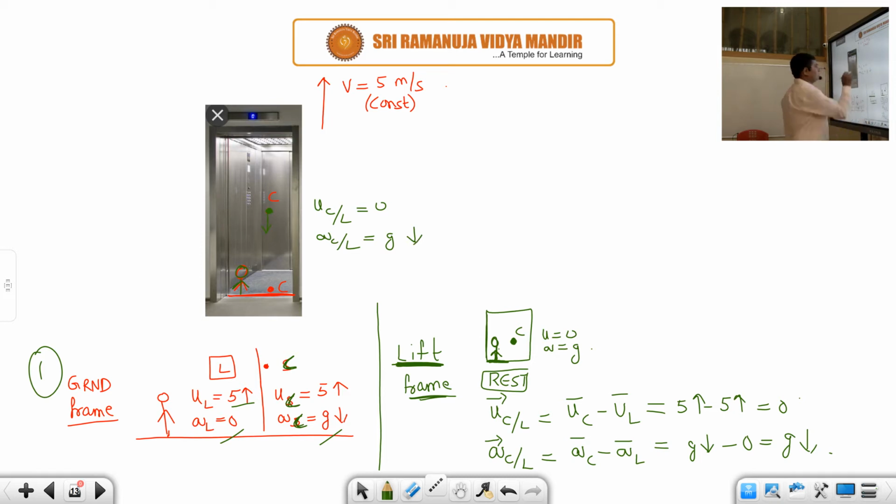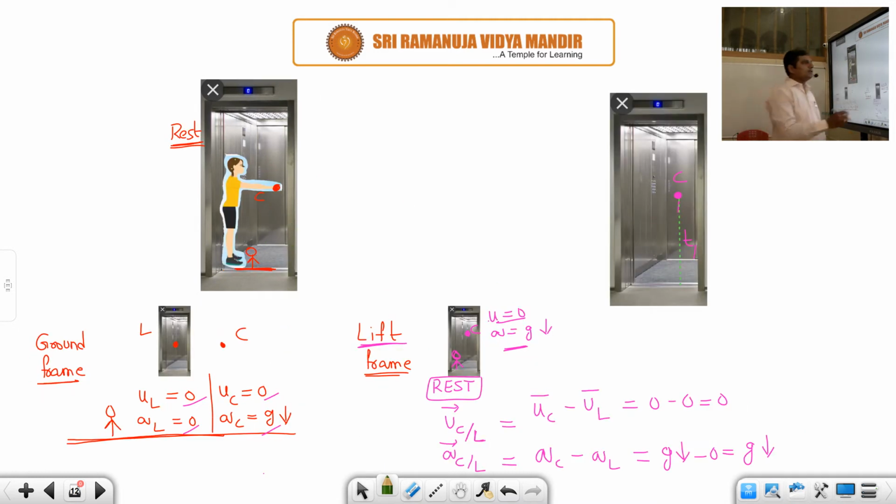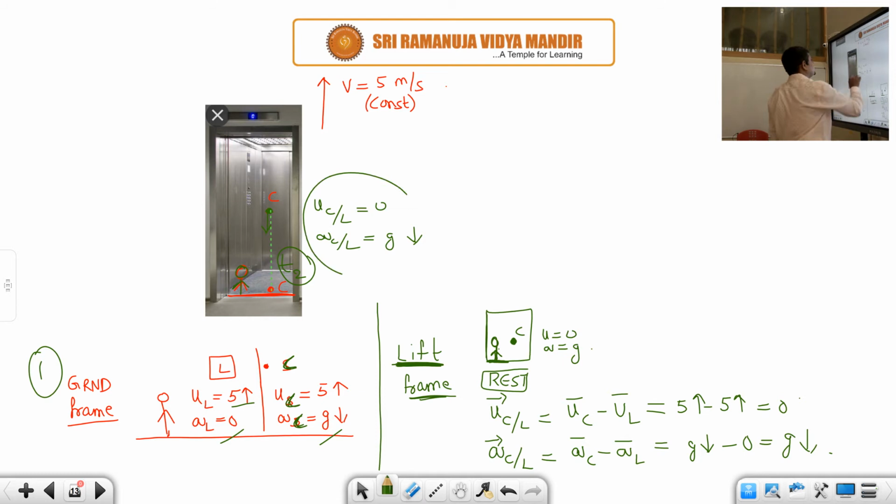So what will happen, students? It will go downward, and this is the time, that is nothing but t2. Now previously also the same condition, correct or not, students? For T1, the time taken for the coin to reach the floor of the lift, initial velocity is 0, acceleration is g. Second case also, initial velocity is 0, acceleration is g. So from this we can tell directly T1 equals T2, because of the same conditions.